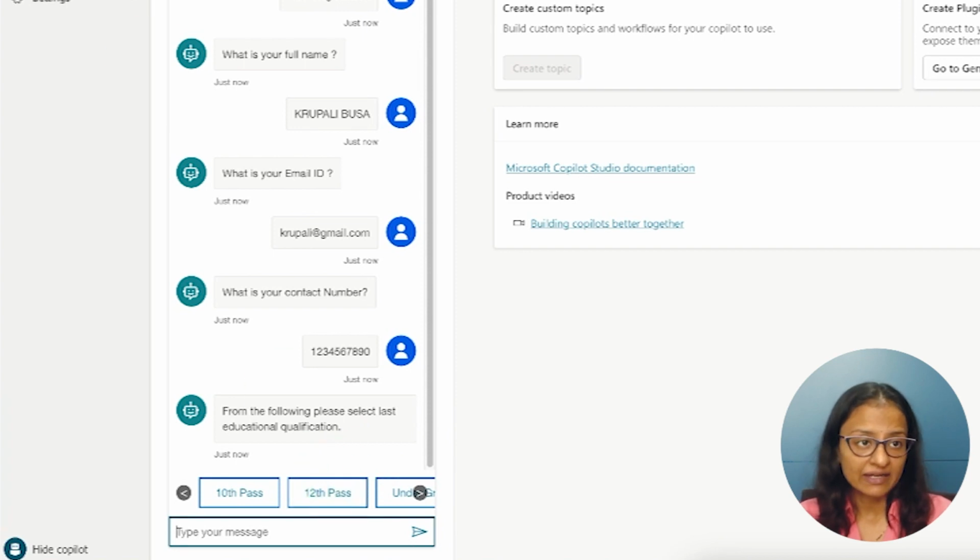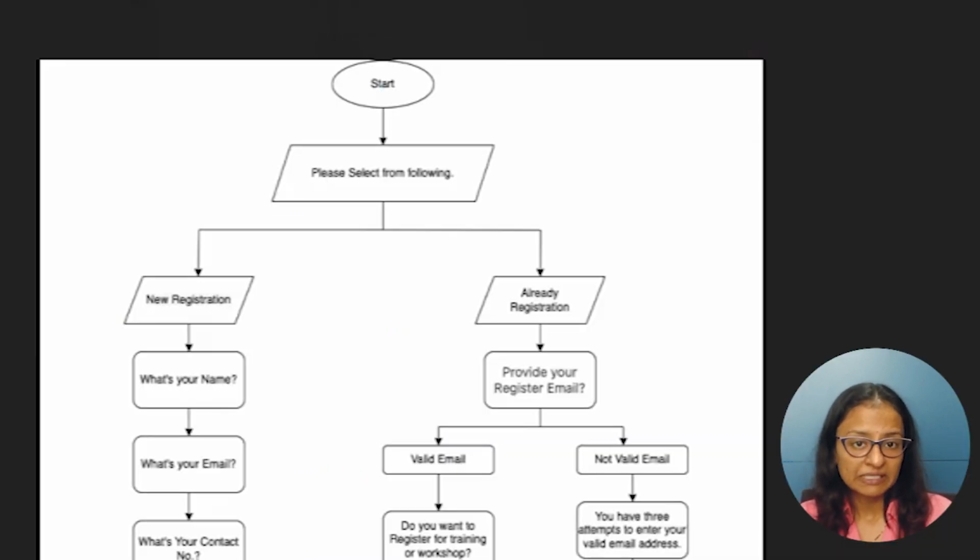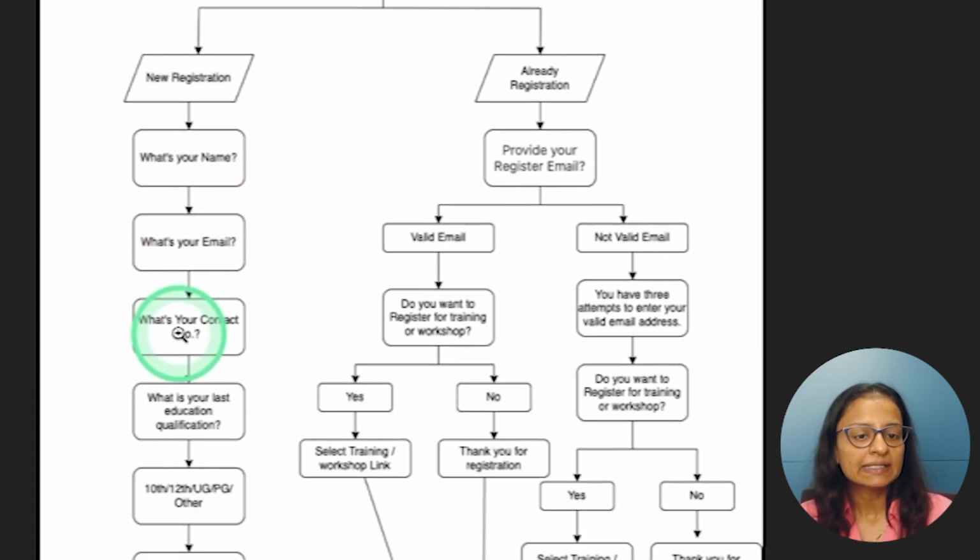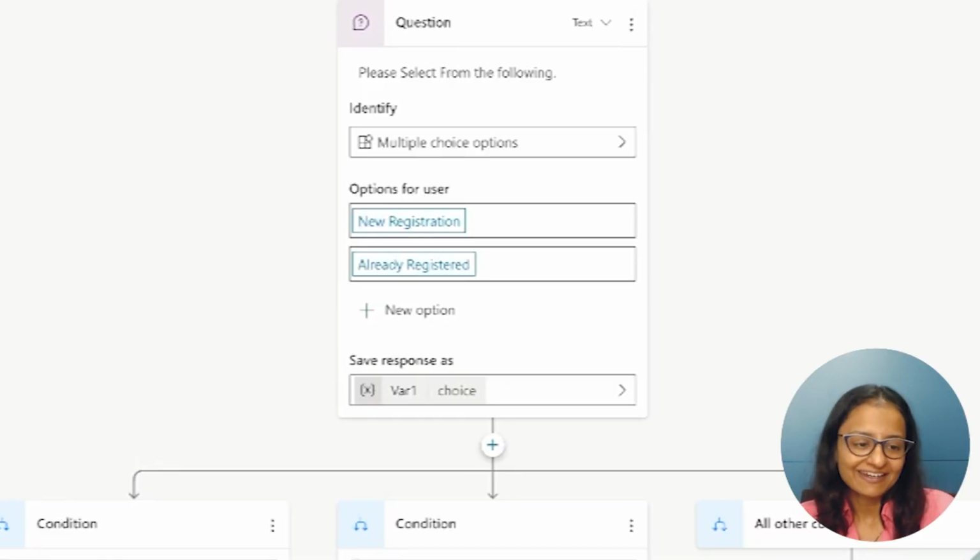So let's create that. Let me go to the picture and first explain it to you. First it will ask my name, then my email ID, then my contact number, and then my education qualification. Okay, let's see that, or you can say let's create it.